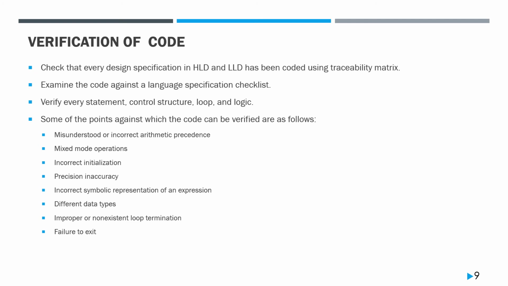So the next question is how to verify the code. Coding is the process of converting low-level design specification into a specified language. This is the last phase, when we get operational software with the source code. People have the impression that testing starts only after this phase, but it is not like that. However, it has been observed that